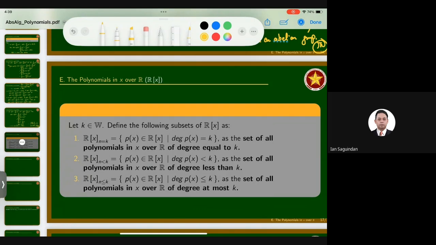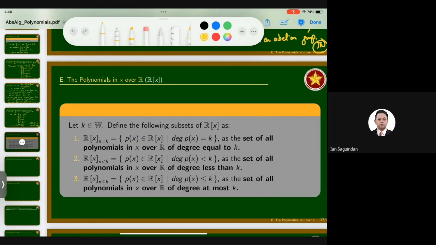First one, we have R[x] with subscript n equals k. Okay, if you can see me, I'm writing this notation. I am referring to the set of all polynomials whose degree is exactly k. For example, all quadratic polynomials, all cubic polynomials, any set of polynomials having the same degrees or the same highest appearing exponents will be put in a single set. So we will be using this as a subscript.